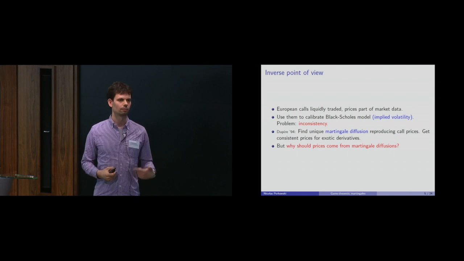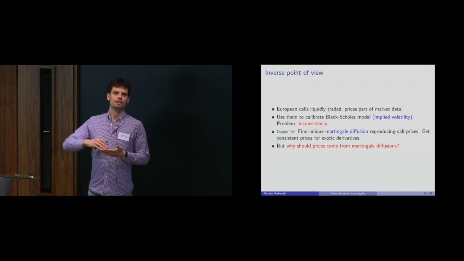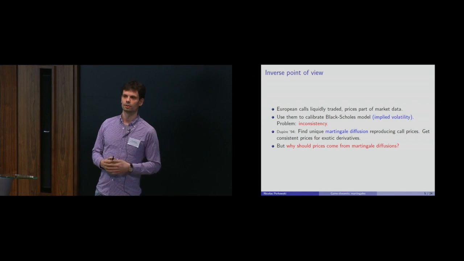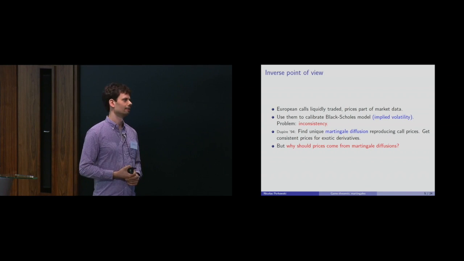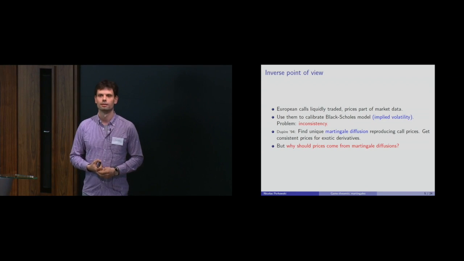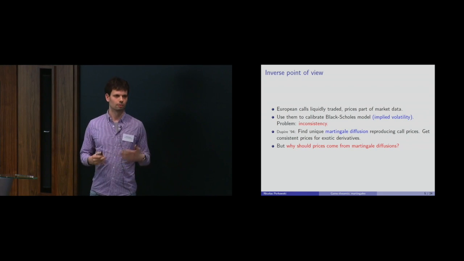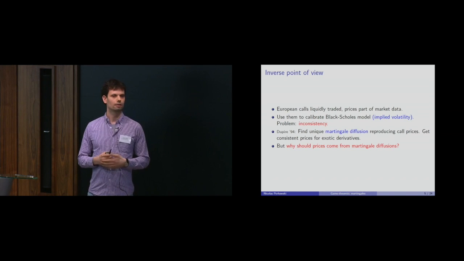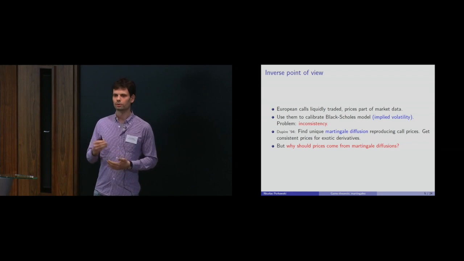For pricing, you remember we had these martingale expectations, so we only care about the martingale measure. So this gives us a good model, and now we can price other derivatives. Okay, but then again, somehow for me it's not clear why prices should follow a martingale diffusion. It's very elegant mathematically, and you do get a good model. It works nicely, but conceptually for me it's not clear. Where do you get this from? Why should it be a martingale diffusion? Why not something else?